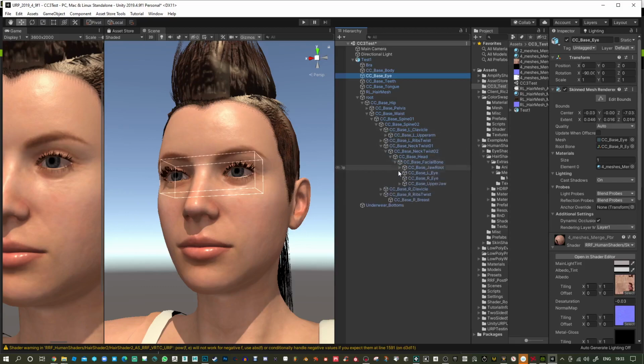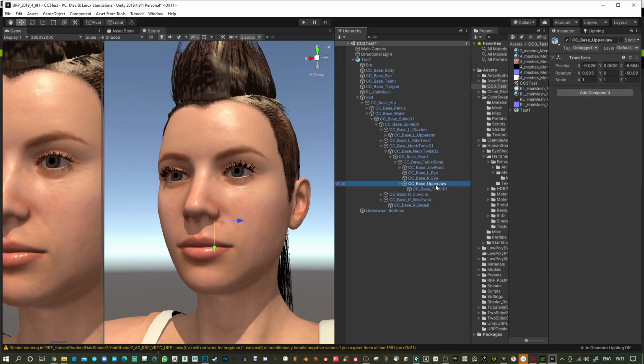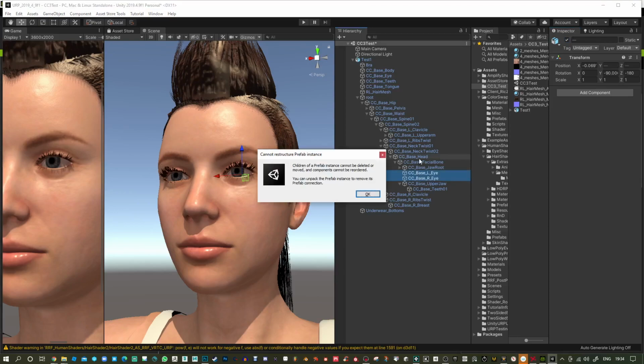Hopefully there's meshes in here, or we hide them. The eyes should actually have. Are these hideable? Yeah, we can just delete them. Right, and just hide them or delete them. We'll likely break the prefab or something, but